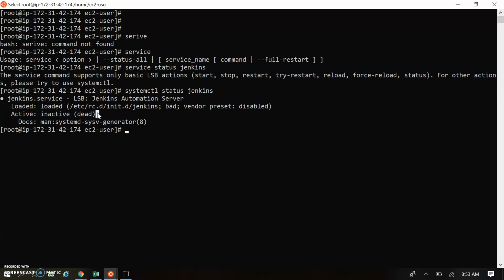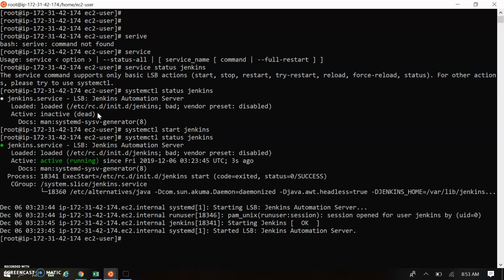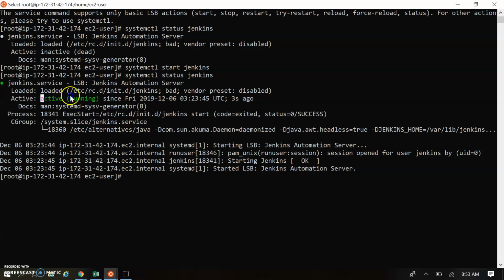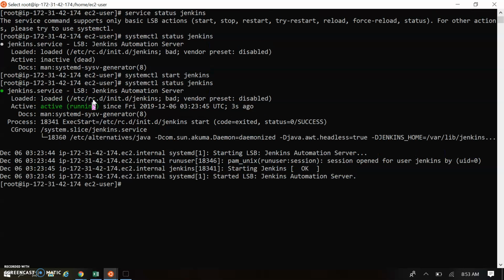So we have to start this service. Instead of status, we will just do start. Once we do the start, let's look again at the status. Now it says that it's running and in active mode. Now our Jenkins service is running, and we will also enable the service on boot.